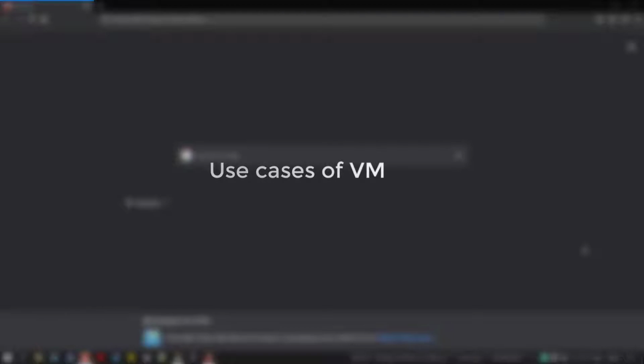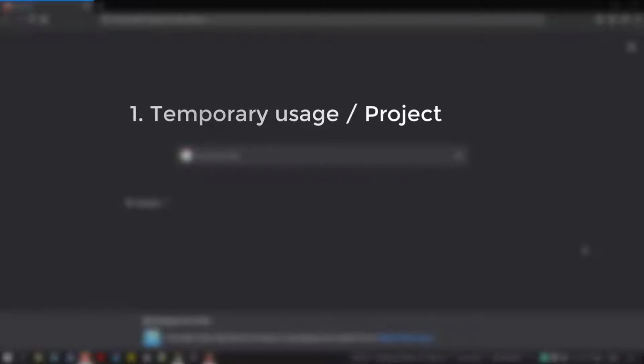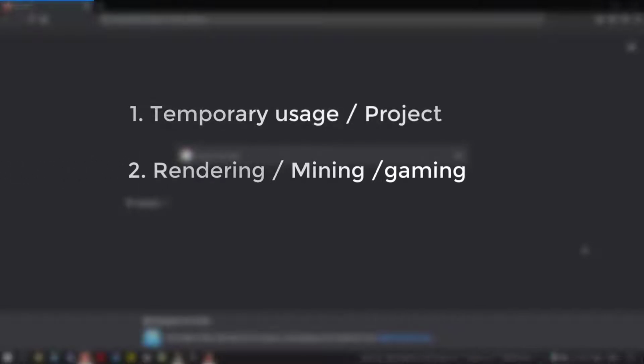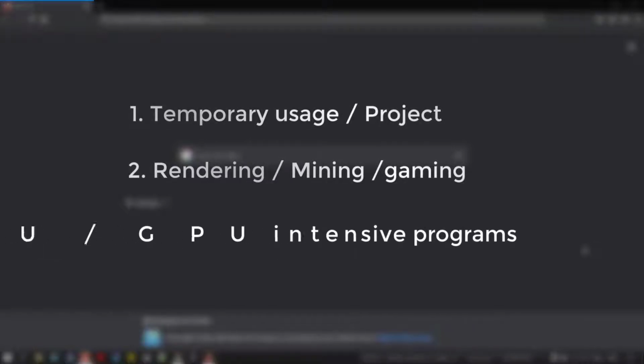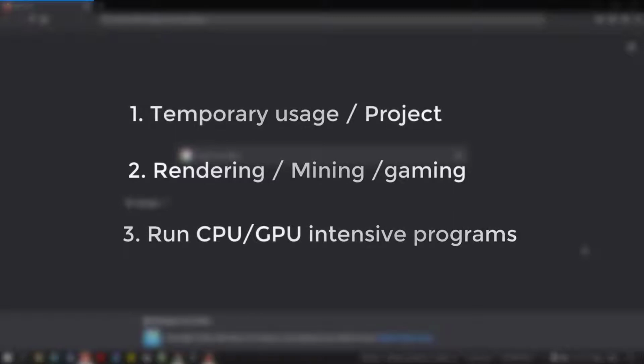Firstly, you can use a virtual machine for cases wherein you are working on a project and you don't want to save the files or the programs or the contents on your personal laptop or PC. Secondly, you can use virtual machines wherein you want to perform tasks like training a machine learning model or rendering a video or installing a certain software which your system isn't compatible with. You can do it on a virtual machine. It's very useful when your system or PC is low end and you still want to perform tasks which are CPU intensive or GPU intensive.